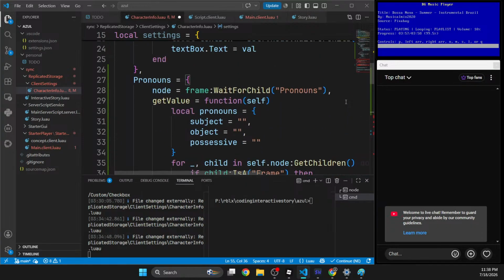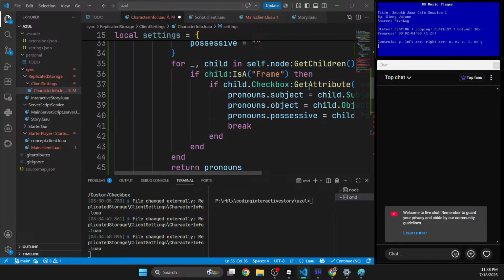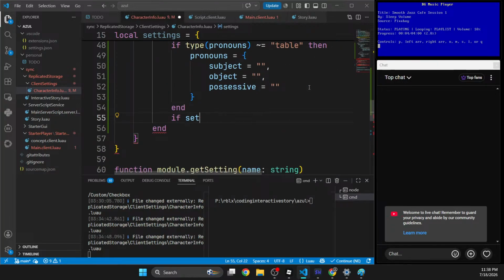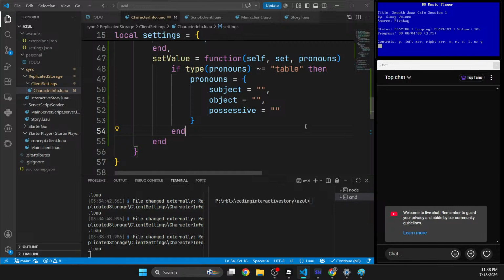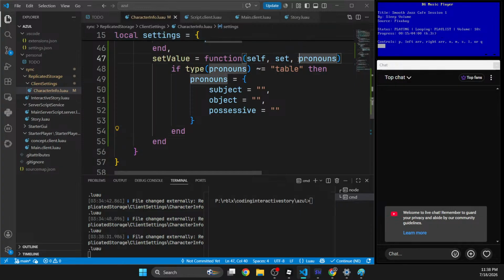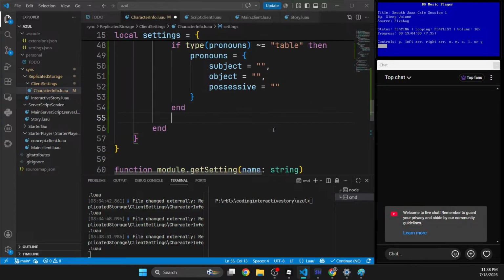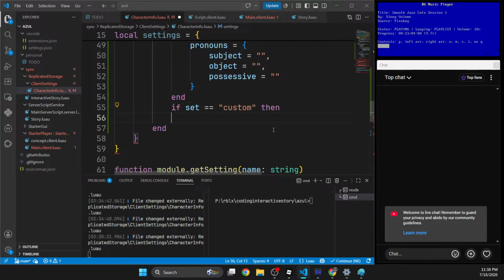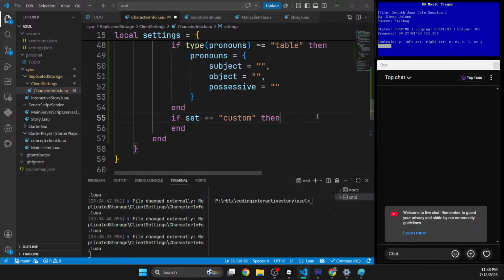No, I'm gonna need my own function here, but it's set value. So I guess set should just be customs, no? Custom. Okay, but that's weird. If set is equal to custom, then, because in terms of API, I don't know,